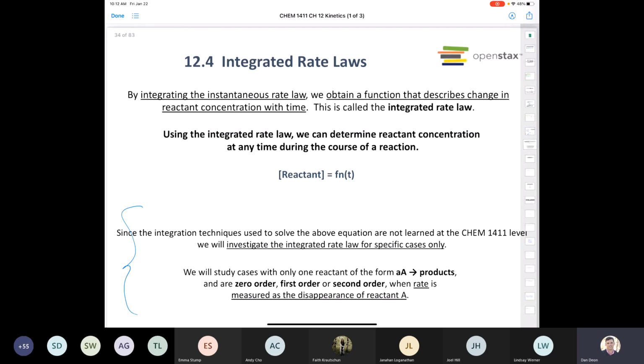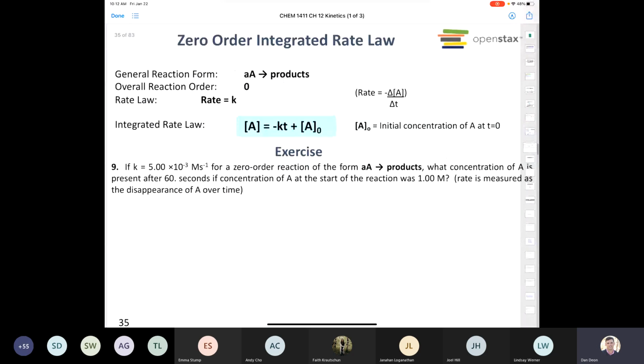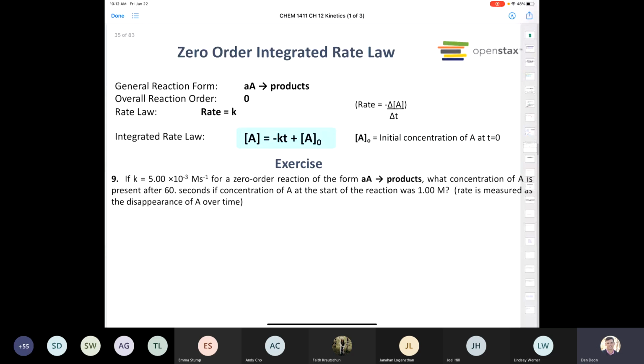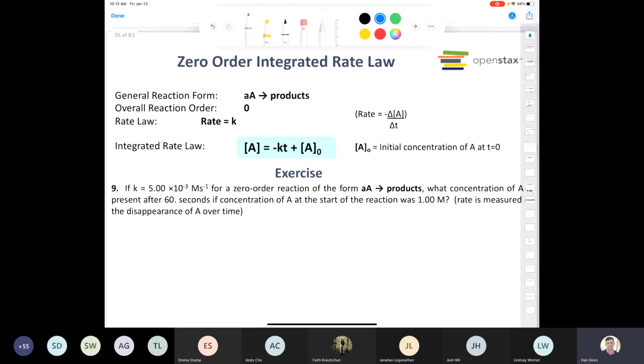And let me show you what an integrated rate law would look like if we were to have a zero order reaction. Okay, so if we have a zero order reaction, we have this reaction right here. This is the reaction we're talking about. If that reaction is zero order, then we know that our rate law is simply rate is equal to k,